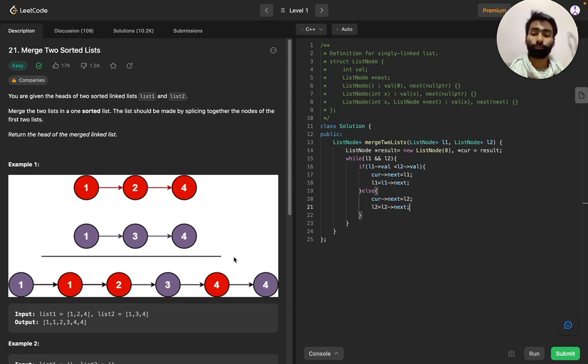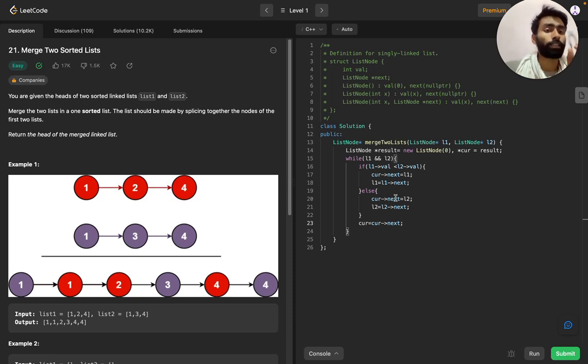So after this, when any of the two conditions is satisfied, we need to increment the pointer of the result linked list to the next element, that is current equal to current next, because current is the head pointer and we already added the value to the current.